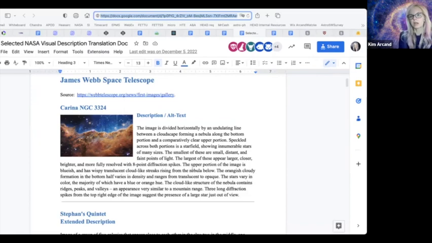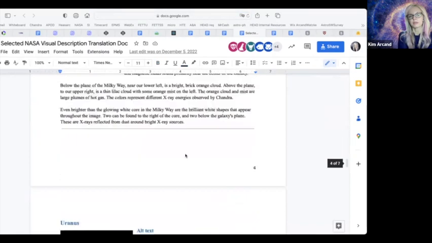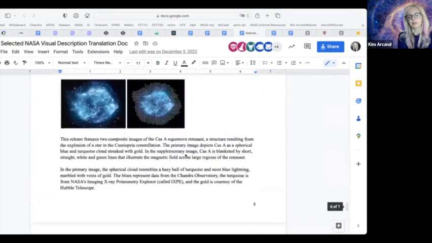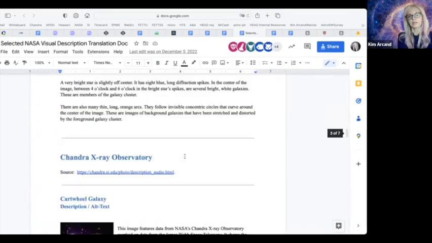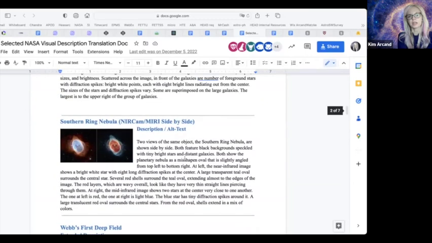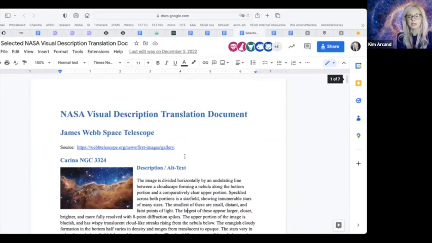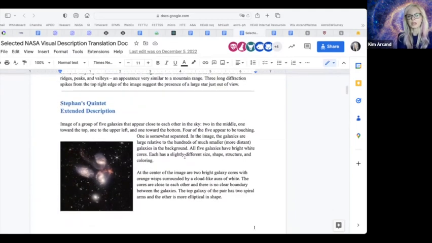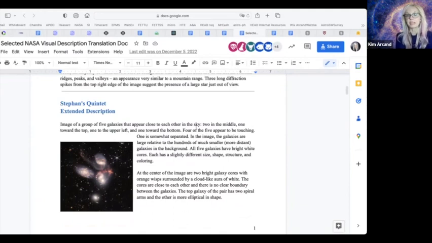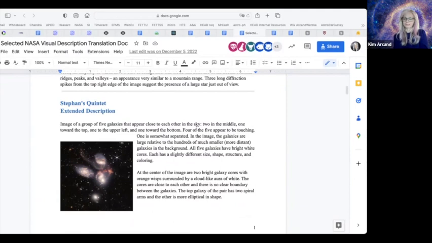In this Google Doc, we have a selection of some of the visual descriptions of our more popular images. What we're looking for is suggestions on sharing these out to wider audiences to do the translations. If anyone here speaks additional languages and would like to jump in and do some of those translations, that's a discussion we'd like to have. But as we've talked about a little bit already during this conversation, not everything is going to be a one-to-one translation. There are going to be cultural references in some of these existing image descriptions that won't make sense when translated,